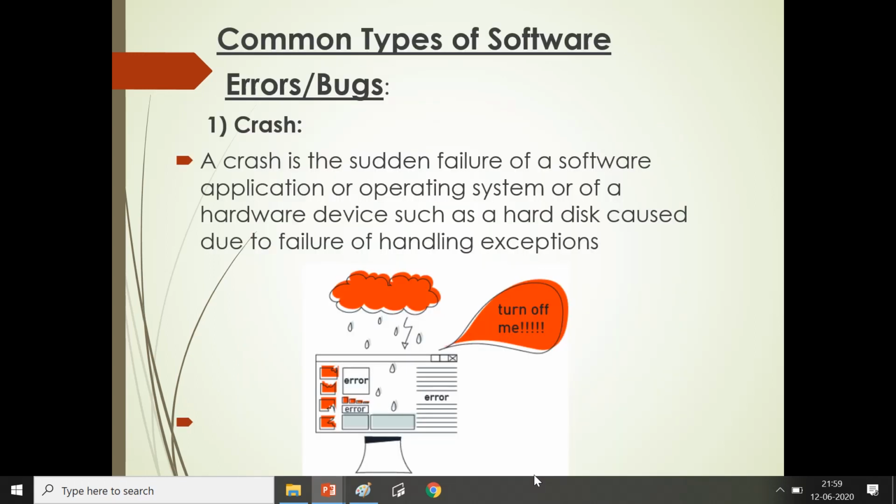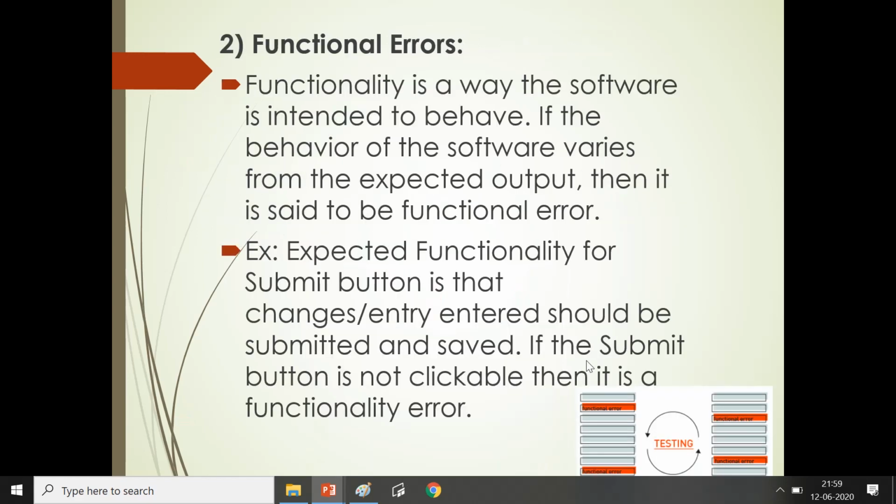Now again we can see some common types of software errors or bugs. The first is crash. A crash is a sudden failure of a software application or operating system or of a hardware device such as hard disk, caused due to failure of handling the exceptions. The next error is functional error.